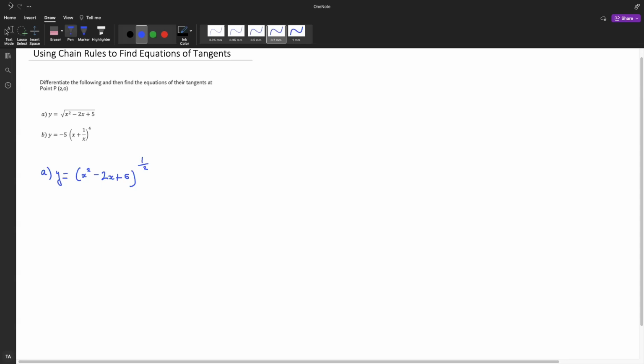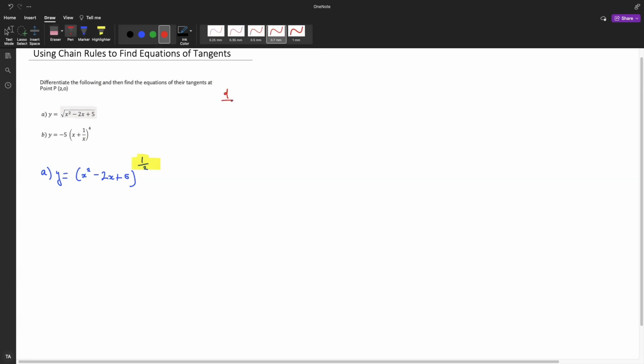So to start us off with the first one, I've just started it. It's the square root of x squared minus 2x plus 5. And as we know, I've rewritten that as indices because that makes it easier for us to differentiate this in the future. So again, if you remember our rule from earlier on, where we looked at quicker rules for the chain rule,